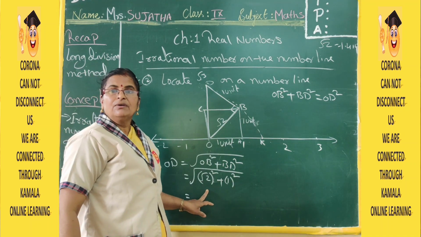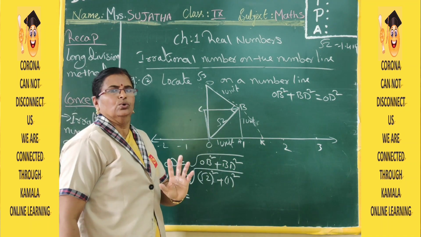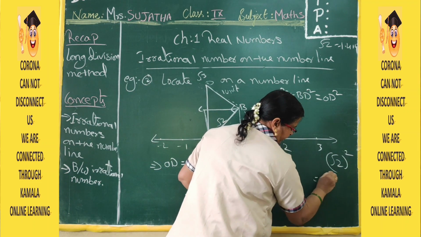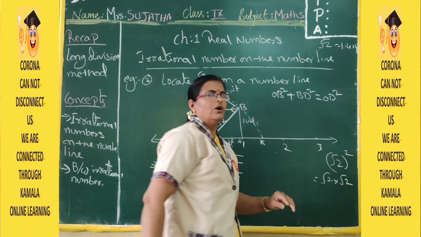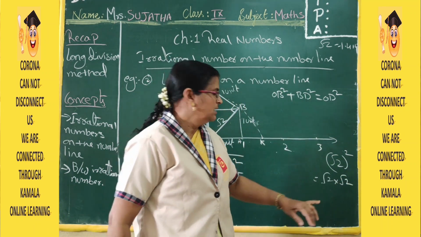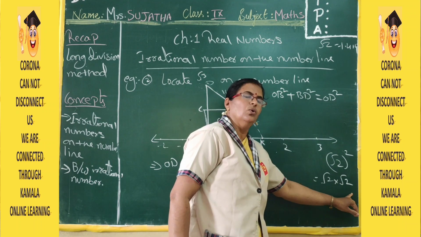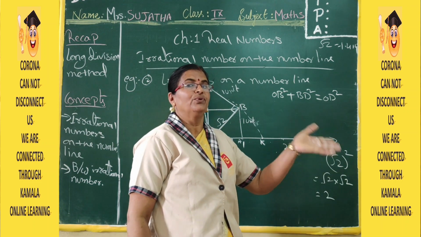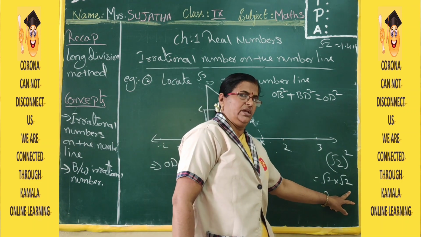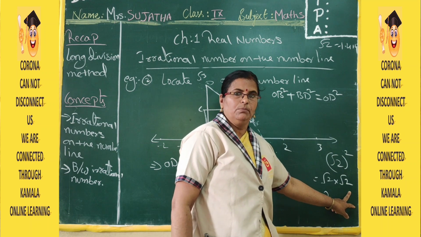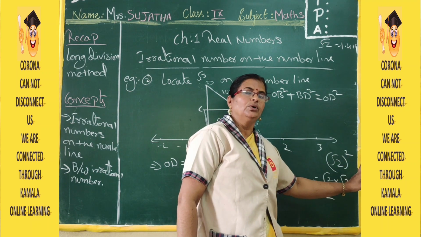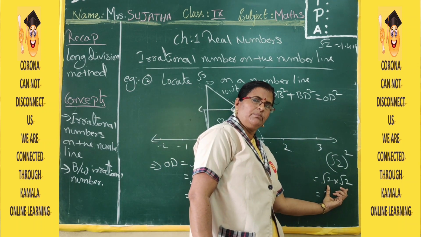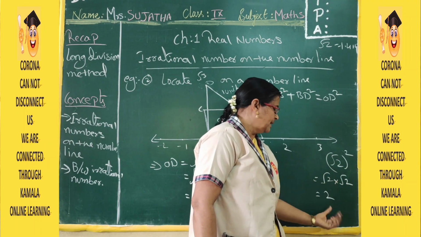What is the square of √2? That is √2 into √2. Square of √2 means √2 into √2. When you are multiplying the same root numbers, the root will be removed. You are getting only the number, that is 2. Suppose if you multiply different root numbers, √2 into √3, the root will not be removed. You have to take the whole root and the answer is √6. 2 3s are 6. Okay? But when you are multiplying the same roots, the root will be removed and you get the number.